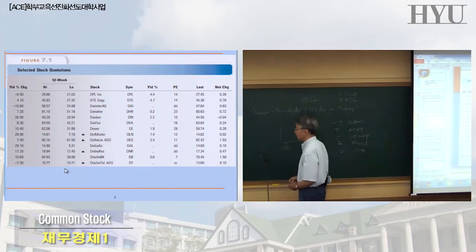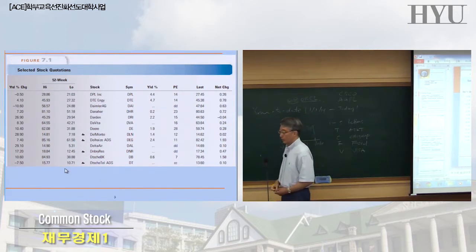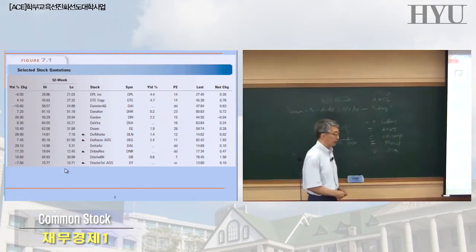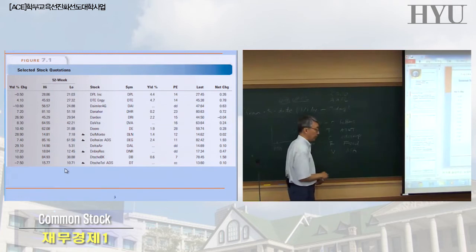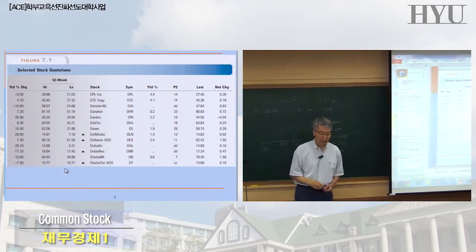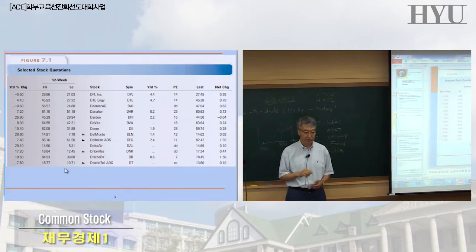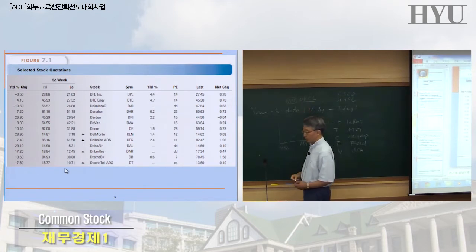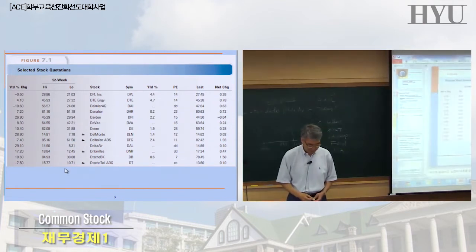ORCL has a 4-letter symbol. Oracle has a 4-letter symbol, but it is NYSE listed. So this is a special case. What happened was Oracle started as a NASDAQ company. When it went public, it listed on NASDAQ. But last year it switched the market from NASDAQ to NYSE. NYSE allows Oracle to keep the 4-letter symbol, because it would be difficult to change their symbol. It would be confusing for investors.